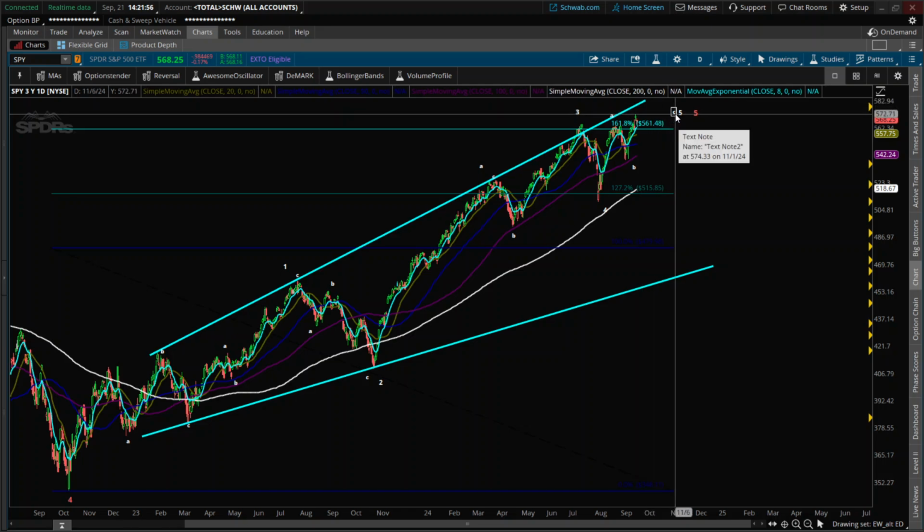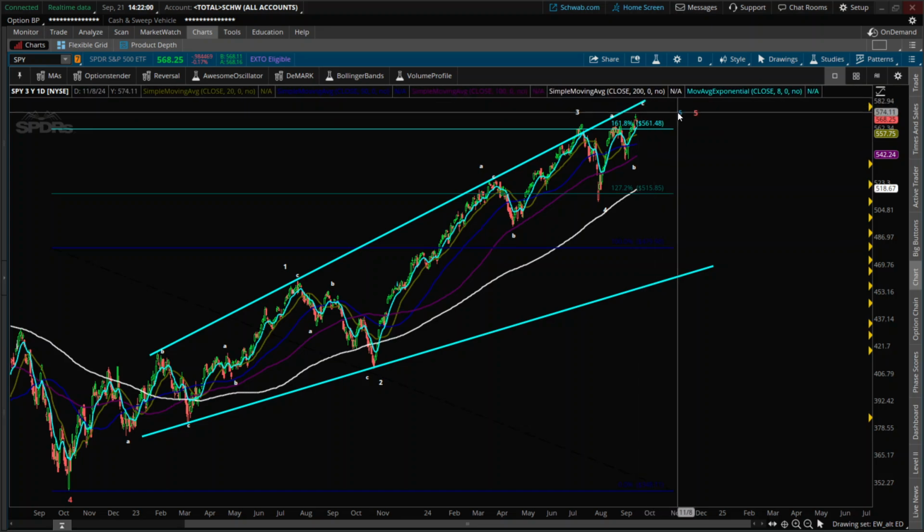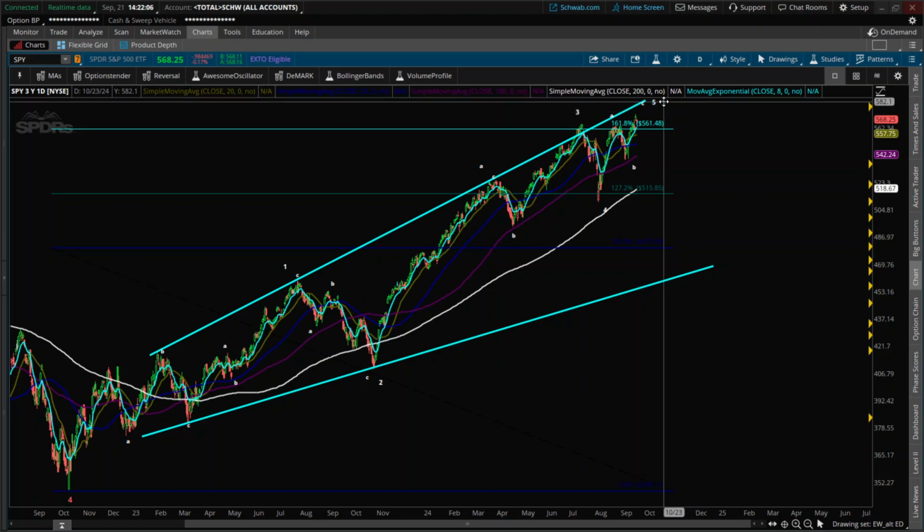And that would be the wave C up there, which is the wave 5. And this is also a major wave 5 as well. Okay,